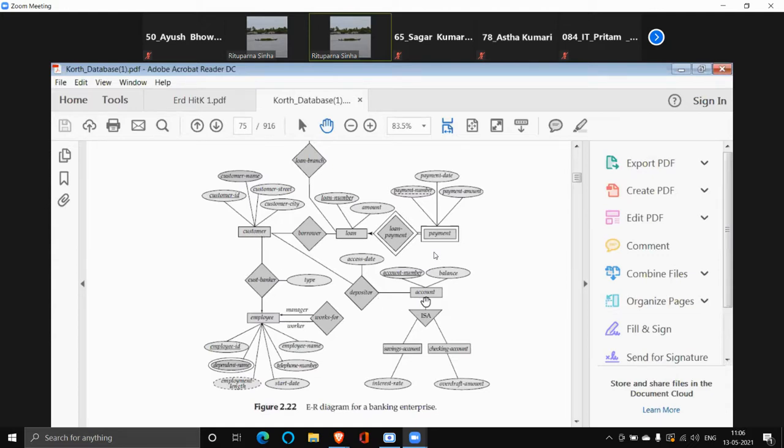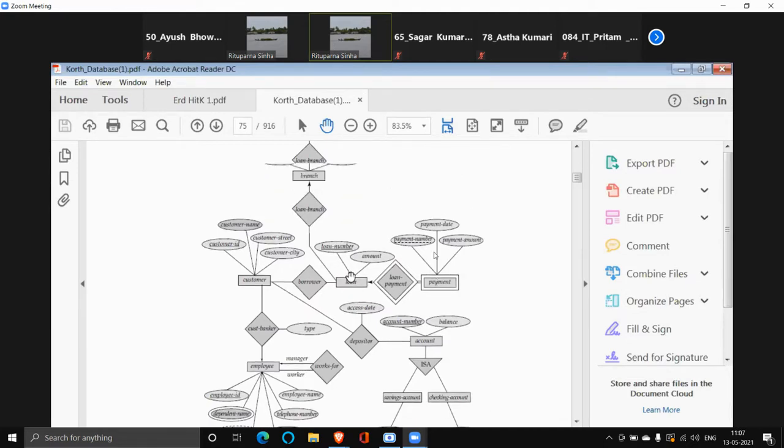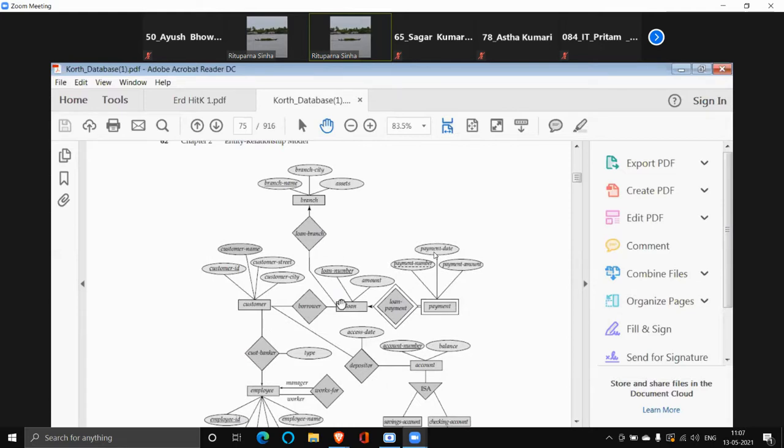Customer is associated with account. Customer is also associated with loan. So customer is the borrower of loan. Loan is another entity set. Loan has the attributes loan number and loan amount. Loan number is the primary key. Loan is also associated with a branch because it has to be mentioned which branch the loan belongs to. So branch is another entity set. Branch number is the primary key of this branch entity set, which also has branch city and assets as the other two attributes.